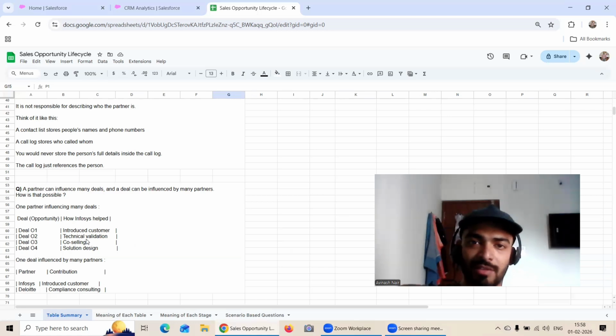They will have different customer bases, and to each one of them, they can provide different kinds of work, different types of service. It's not necessary that if one particular client is using CRM analytics, they are going to provide the technical validation. There can be many reasons for that. Maybe budget issue can be one of them, but they will definitely have a role in many clients for sure. So that's the answer for that.